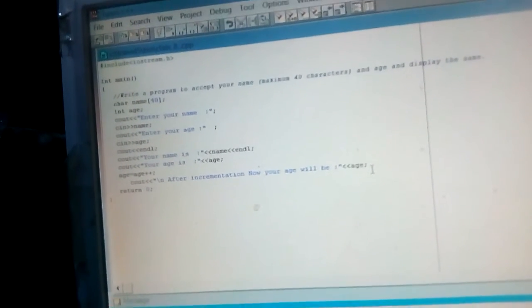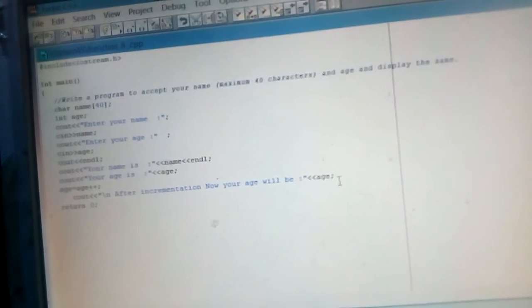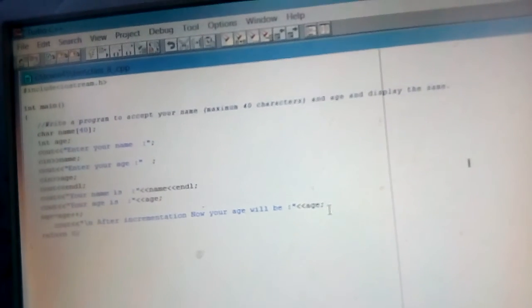Suppose you have entered 15 years. Suppose in enter your age you have entered 15, then after increment, if you are writing here age1, it will show you 15. But if you write here age, then it will show you 16, because of age plus plus here.